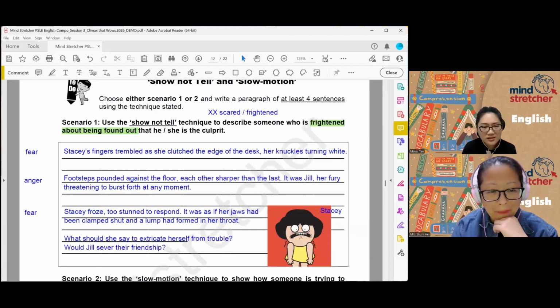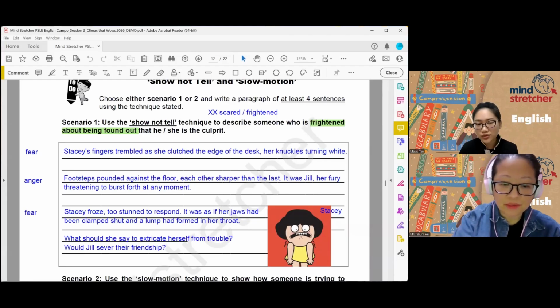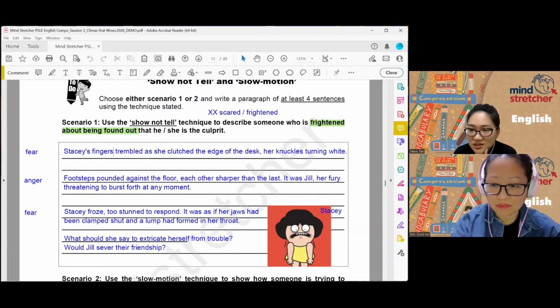Okay. So these are some ways to show that she's not just scared, but her body, there are certain body parts that are tense and shut. Everything is frozen and things are going through her mind. Okay? So these are some examples. Clench her fist, bite her nails. Yeah, nail biting is fine.